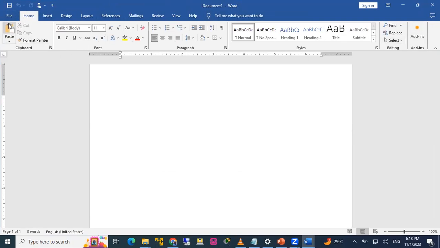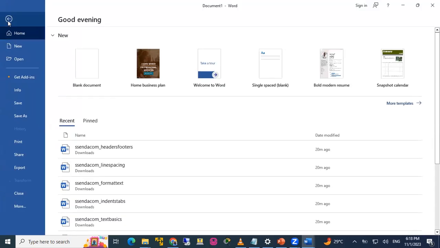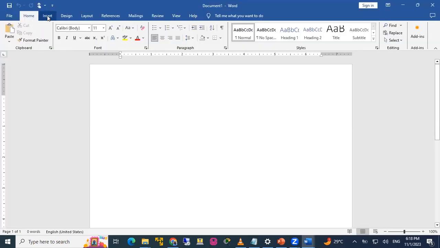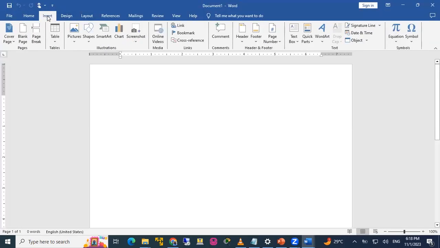So every ribbon here, every tab has a lot of what? Commands on the tabs. So we have File, we have Home, we have Insert, Design. These are all tabs, but they all come together to form what? Ribbons. So all of these things that you see from where my mouse pointer is, from the left side to the right side, this is a ribbon. If you look at the arrow that my cursor is on, you will see that the option you are seeing there is to collapse the ribbon.